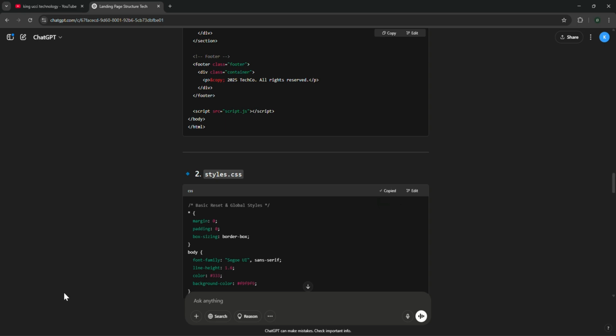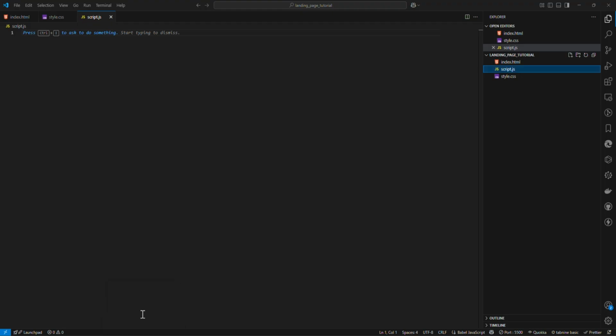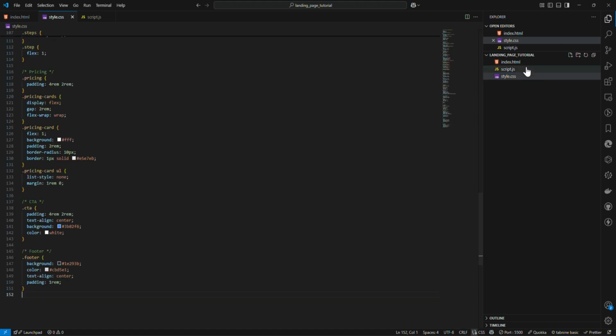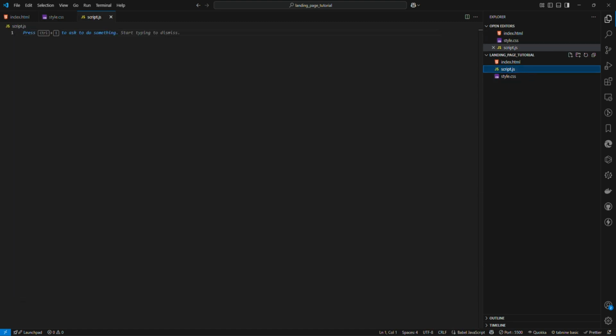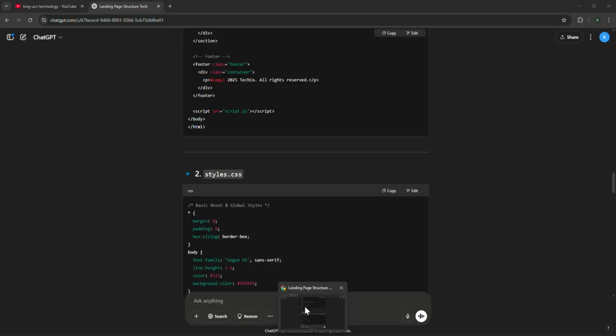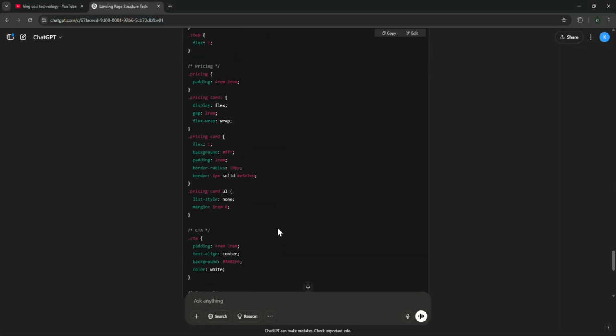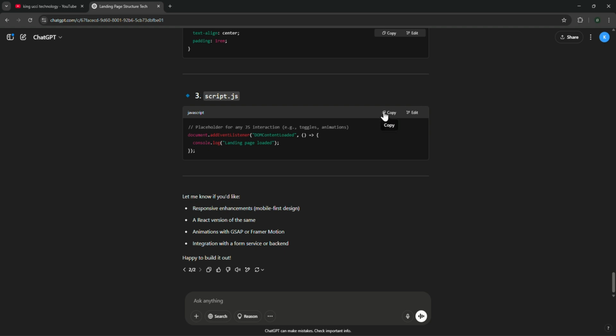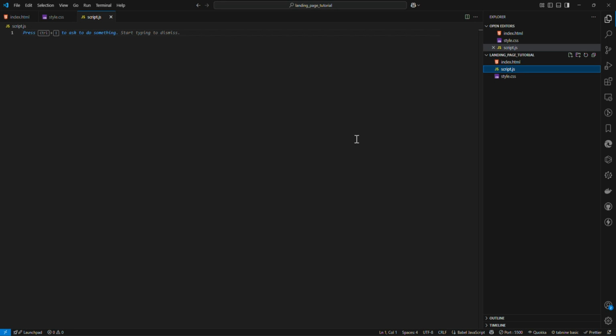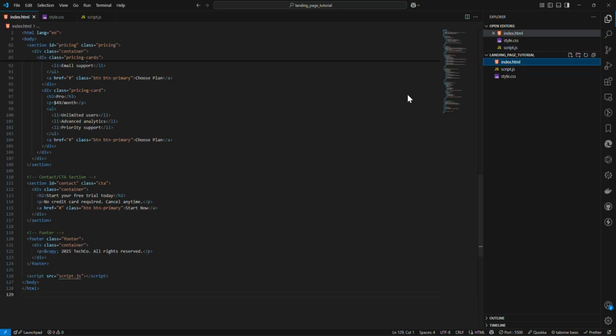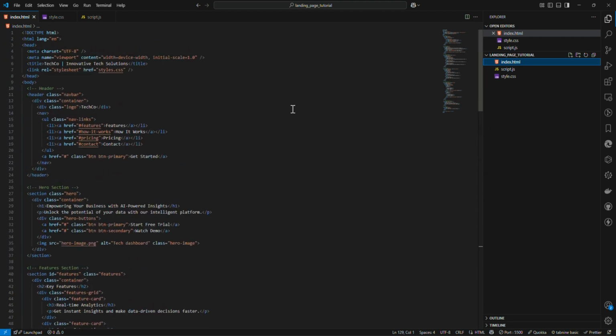Copy our style, go to VS Code, style.css, paste. Then for our script, go back again, copy this, go to our VS Code, and paste. Now we've pasted all of them. It should be working ideally,